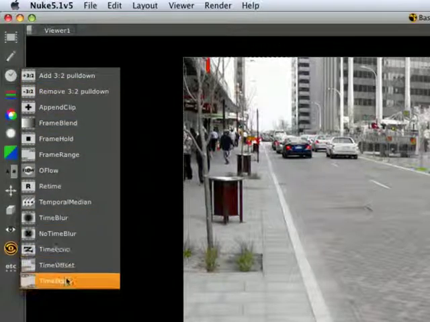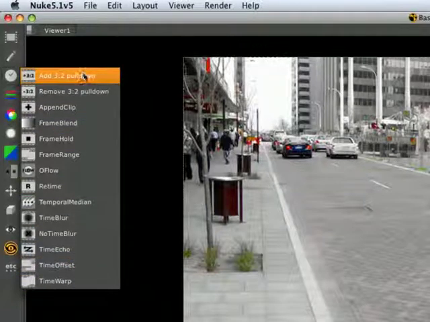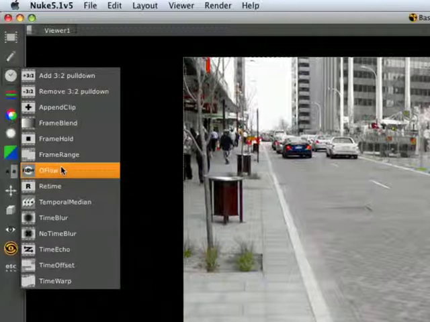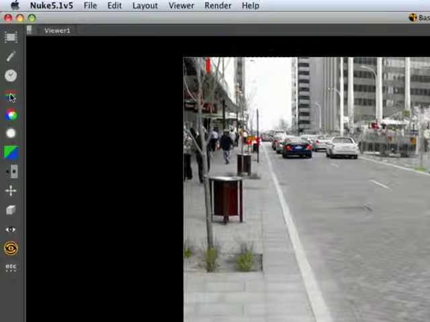You have the time menu, which will act upon the timing of your image sequence. Nuke is not a brilliant editor or time editor, but in order to do compositing, you will need to on occasion play around with the time sequence, and we've got some interesting stuff here. We have, for instance, the excellent optical flow, which is useful for producing super slow motion footage from ordinary footage. We have the channel